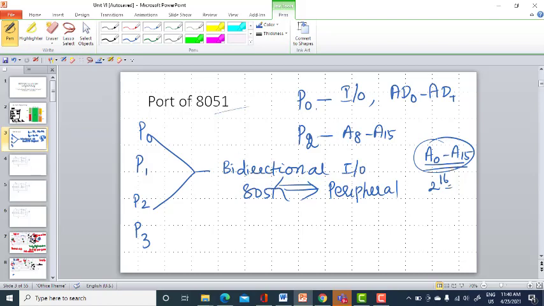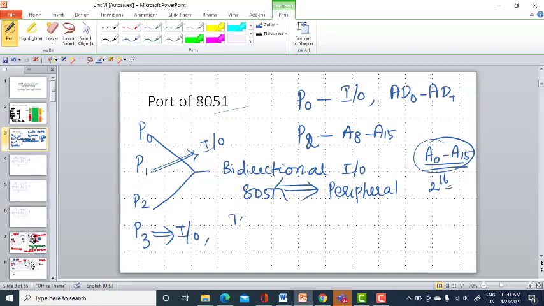Okay. So, ports P0 and P2 are like this, whereas port P1 is solely dedicated to input output function. It does not perform anything other than this. And port 3 is a special port. Along with the input output function, it is a multifunction port with 8 pins.